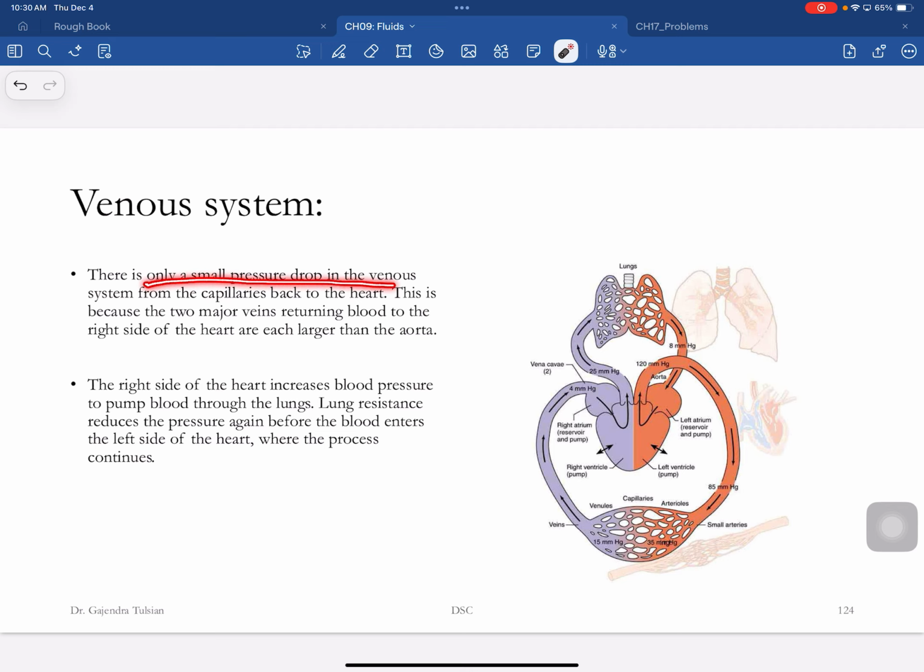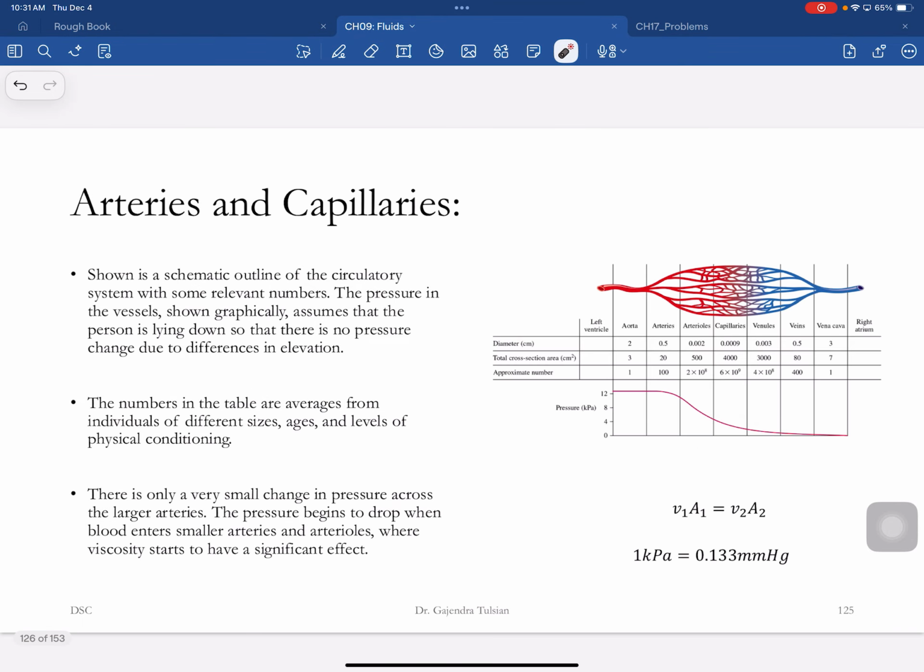There's only a small pressure drop in the venous system from the capillaries back to the heart. This is because the 2 major veins returning blood to the right side of the heart are each larger than the aorta. Okay? So the veins are larger than the aorta. And the right side of the heart increases blood pressure. Okay. So here's the pressure at